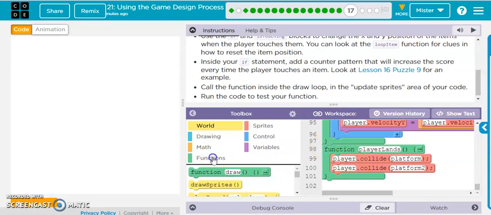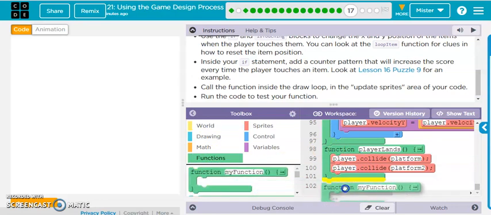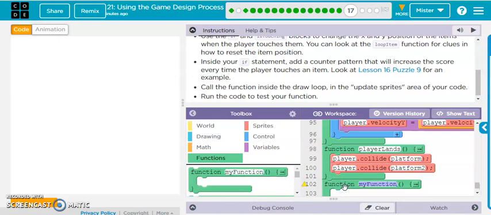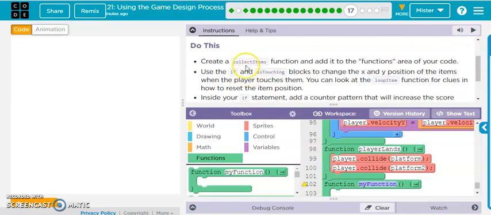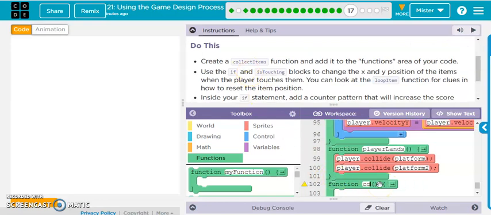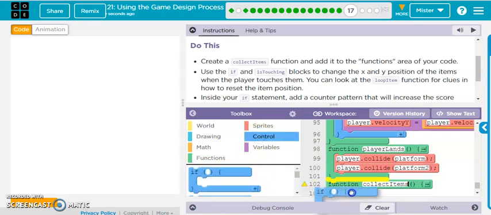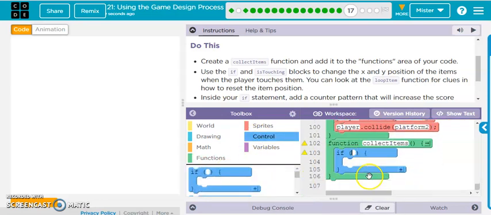We're going to add a new function. And we're calling it collect items. And now the if. Control if